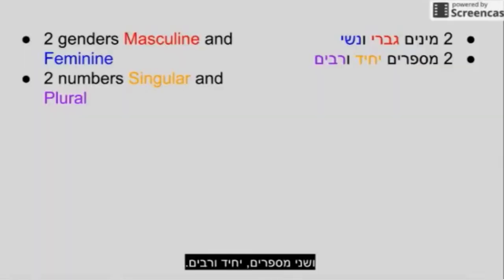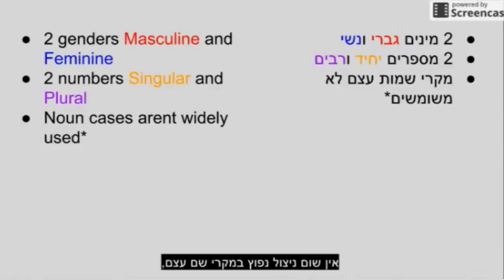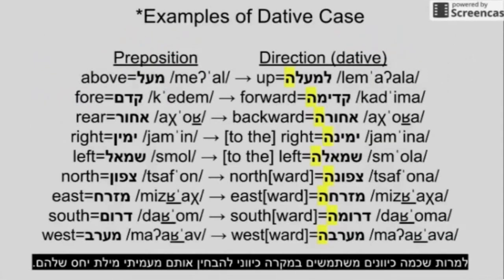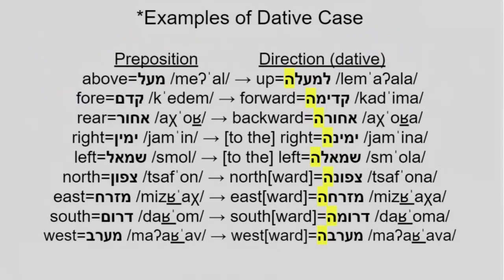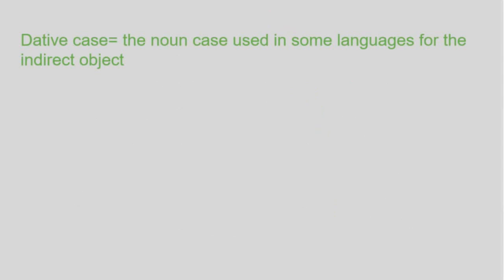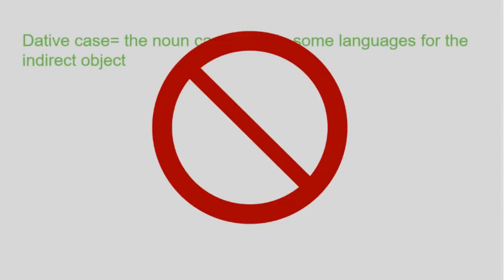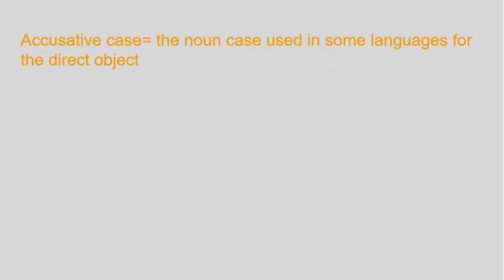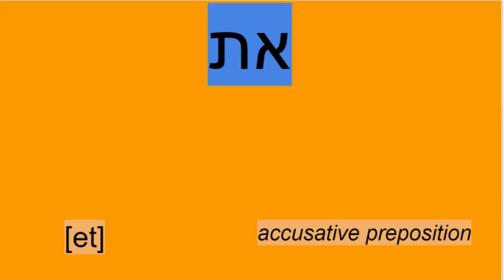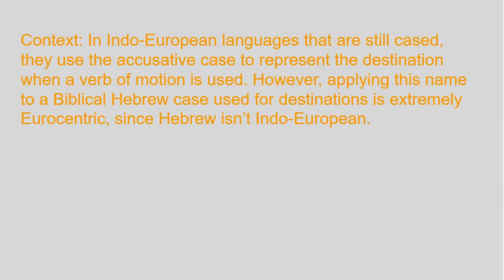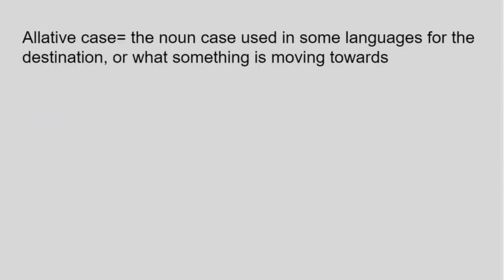There is no widespread use of noun cases, although certain directions use the dative case to distinguish them from their prepositional counterparts. I definitely gave this biblical Hebrew case the wrong name. Dative is used for cases that indicate specifically indirect object, not direction or destination. I've seen an article that called it an accusative case, but that's also wrong, as that's explicitly represented in Hebrew by the et preposition, and it appears that the writer of that article was going off of the purely Indo-European concept that destinations of verbs of motion are represented with accusative case. Since the biblical Hebrew case we're talking about here specifically refers to direction or destination, I'd say it's an allative